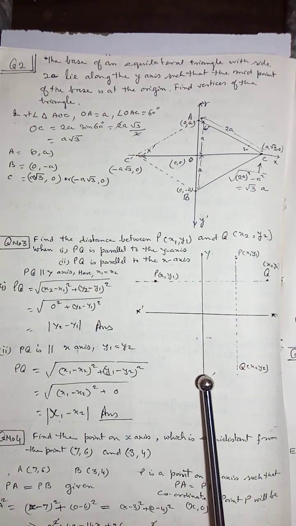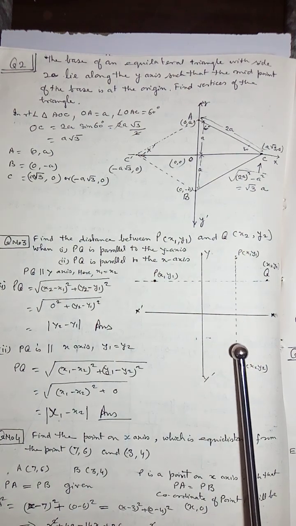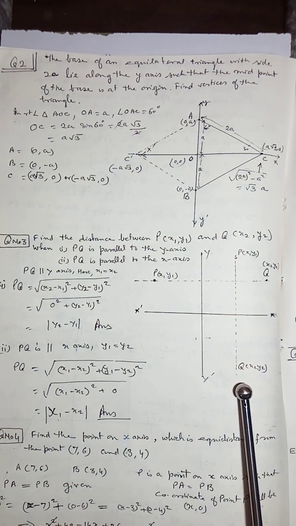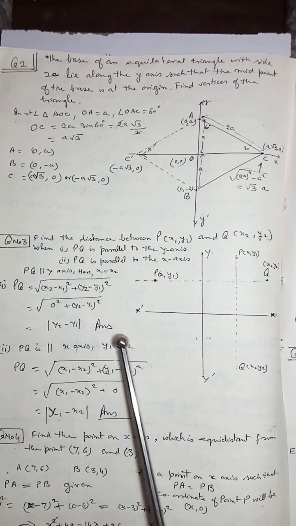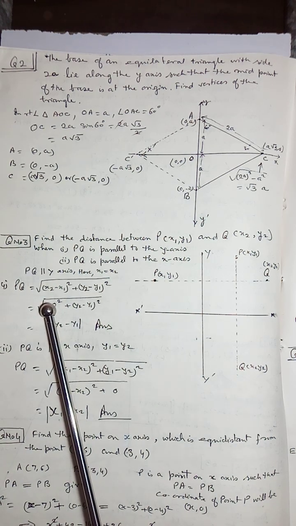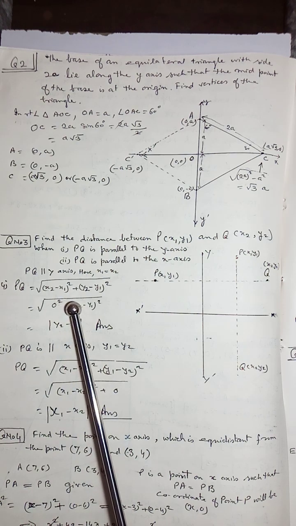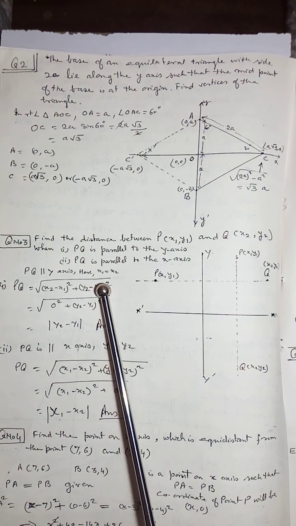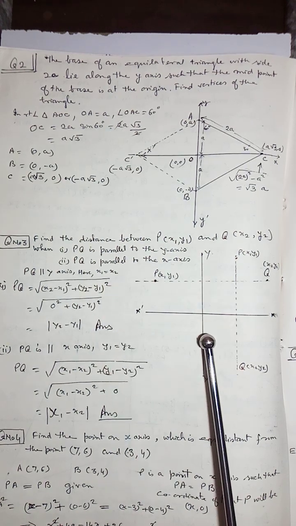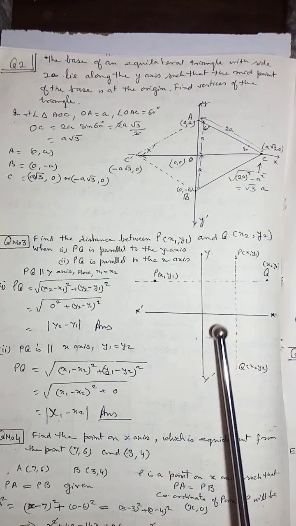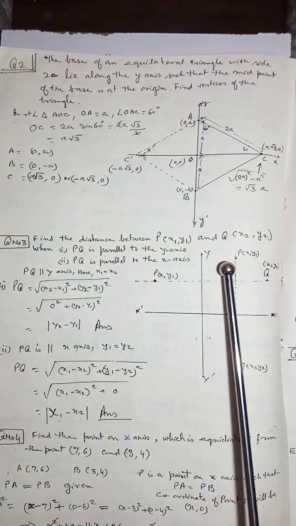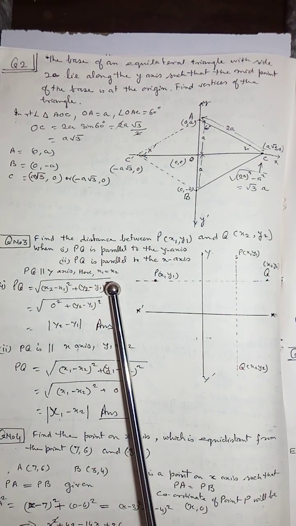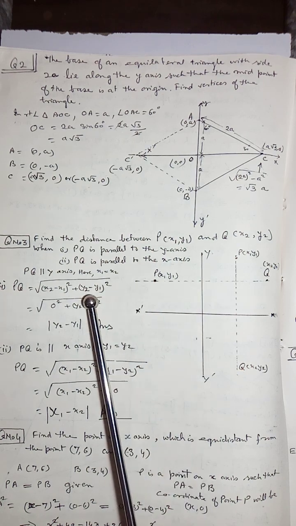ये y-axis हो गया और ये PQ हो गया. You see the coordinate of P is x1, y1, coordinate of Q is x2, y2. So distance formula I have used here, x2 minus x1 का whole square प्लस y2 माइनस y1 का whole square. अब ये जो x1 और x2 होगा y एक्सेस से, ये इक्वल डिस्टेंस में होगा. देखिए ये डिस्टेंस और ये डिस्टेंस दोनों इक्वल होगा, बिकॉज दीज लाइन्स आर पैरेलल. Hence, you see I have written here x1 is equal to x2 because this line is parallel.